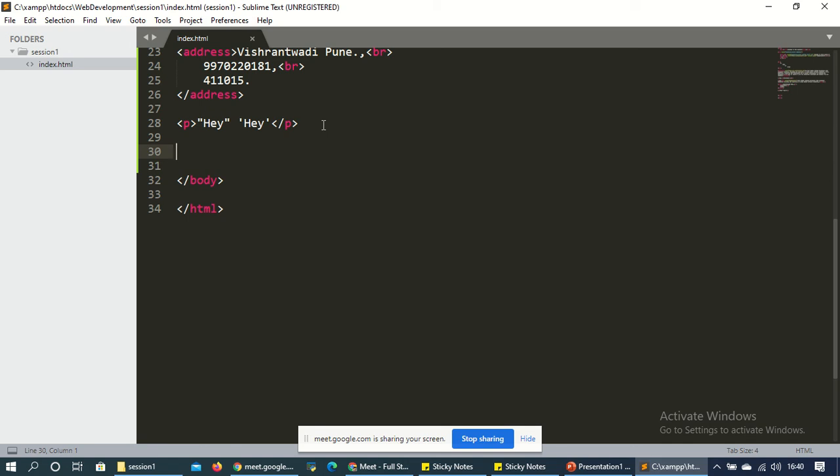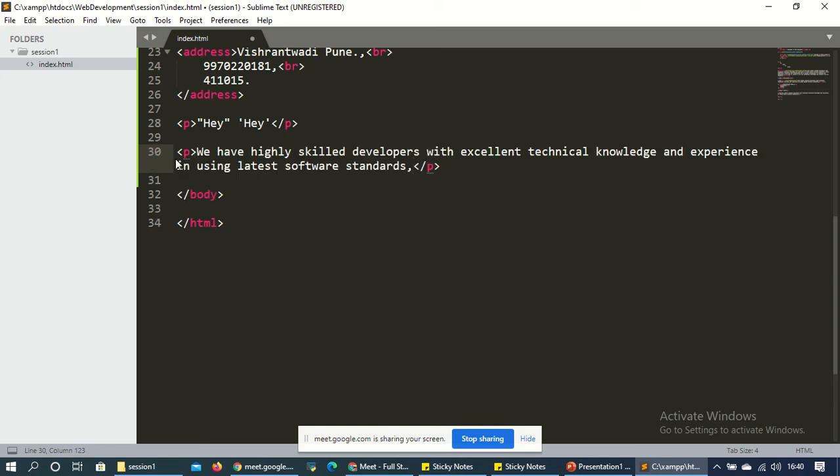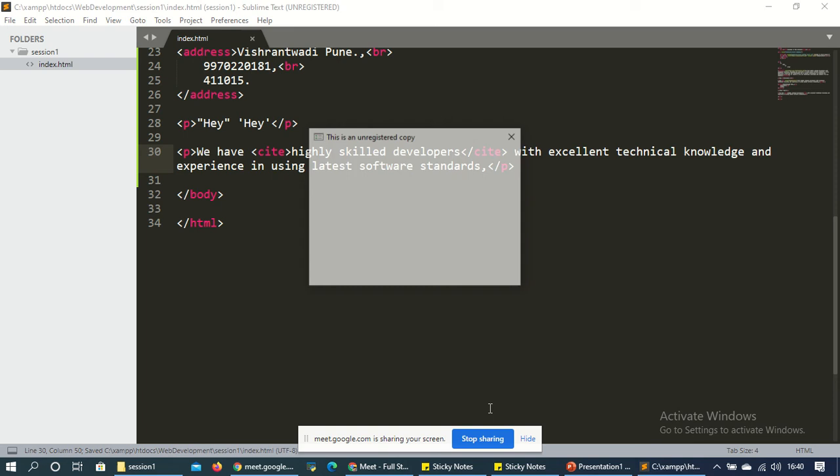For this, suppose we have a paragraph P, and in this paragraph we have some text, and I want to highlight the phrase highly skilled developer. So here I'll use the cite tag, and after this I close cite.